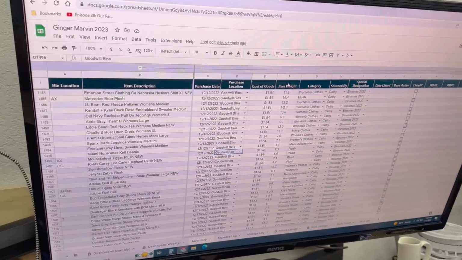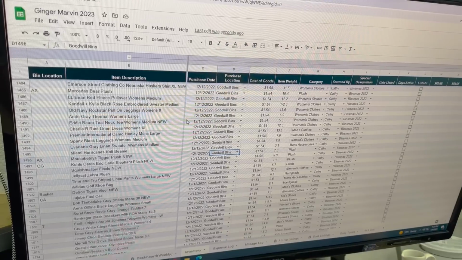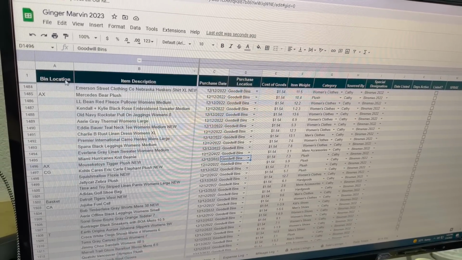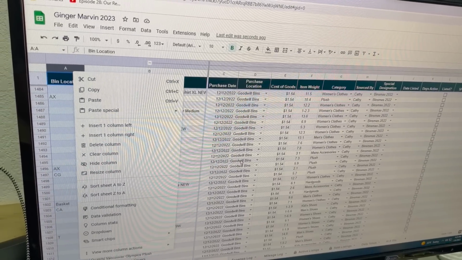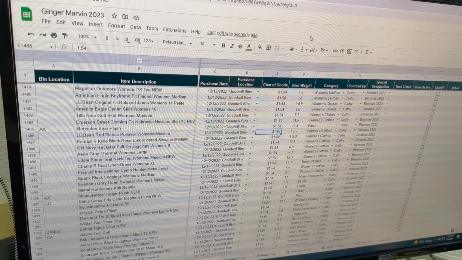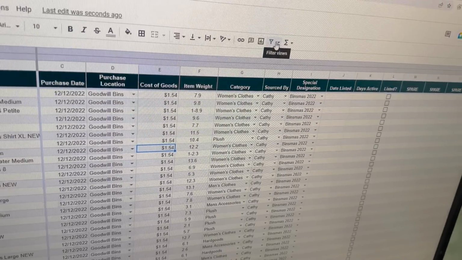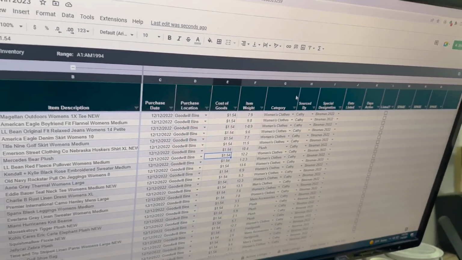All right, so looking at our spreadsheet, and if you use our spreadsheet, you could do the same thing. What we're gonna do is go into a filtered view. Now, in this normal view, you never want to try to alphabetize things, sorting by alphabet, right? Sorting sheet. That will mess up the formula for the whole sheet pretty much. But if you come up here to this little filter views button and click that, and then go on available inventory, that will only pull